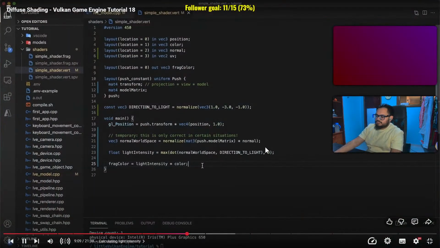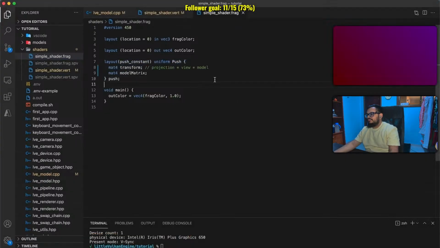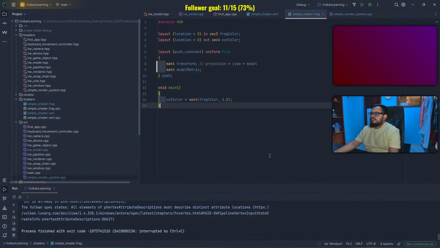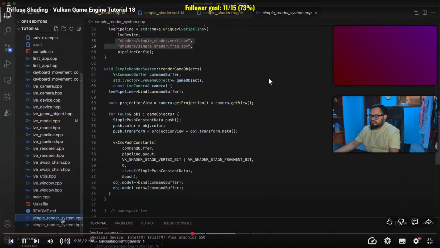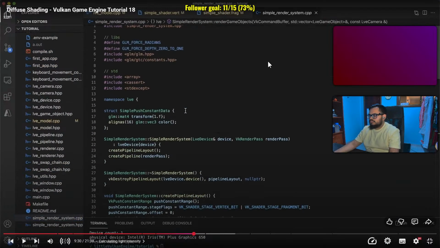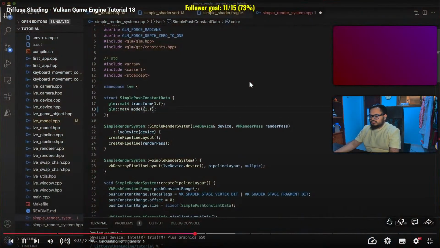For the fragment shader, we can leave it as is, except we need to update the push constant struct definition. So copy these lines, navigate to simple shader.frag, and overwrite the previous push constant declaration with the updated version. Then navigate to the simple renderer system implementation and scroll to the top of the file. Let's update the push constant data struct to match the shader definition. Then scroll down to the render game